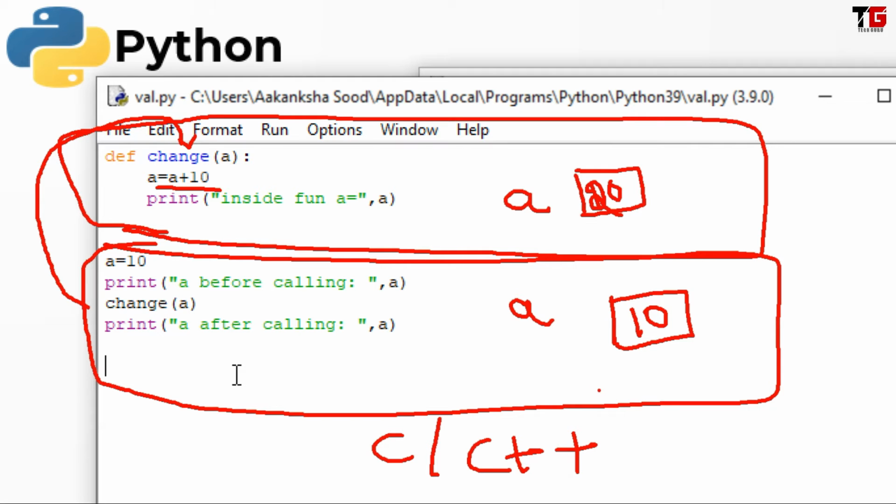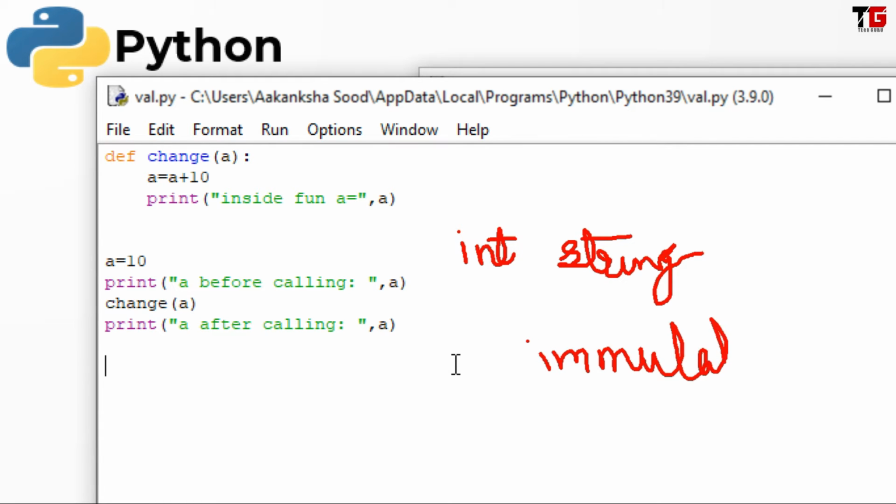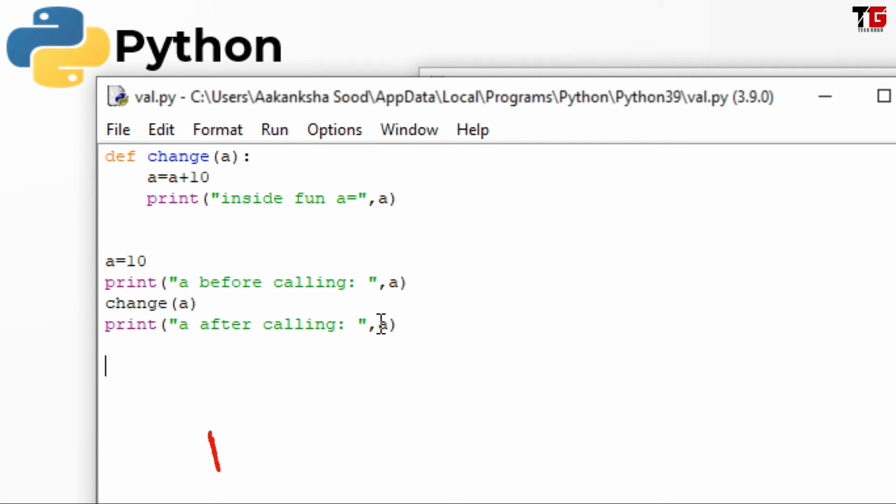But this is not the case with Python. So what happens in Python? Let's see. Friends, if you remember, I told you in my previous videos that integers and strings are immutable. It means we cannot change the value of an integer or string. Let's see. So what happens in Python?